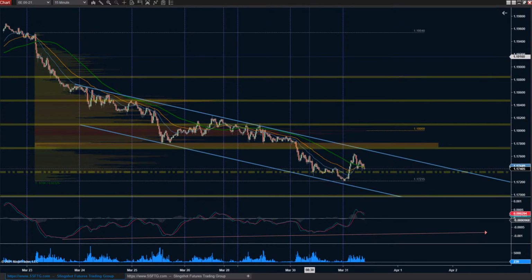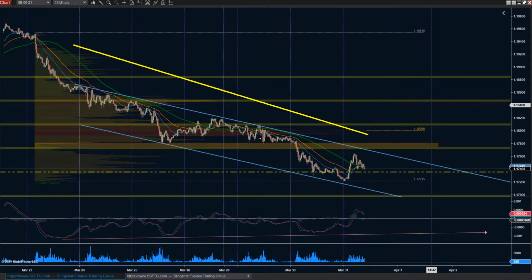Over on the euro, still seeing a drive to the downside. This is a good clue that we're getting on this volume, right? So if we drive this a little bit further, we can see it's accumulation, and then all of a sudden everything stopped. This is either the last ditch for buyers to try to rotate this market up before it breaks down. And if it breaks down, we're probably going to see a